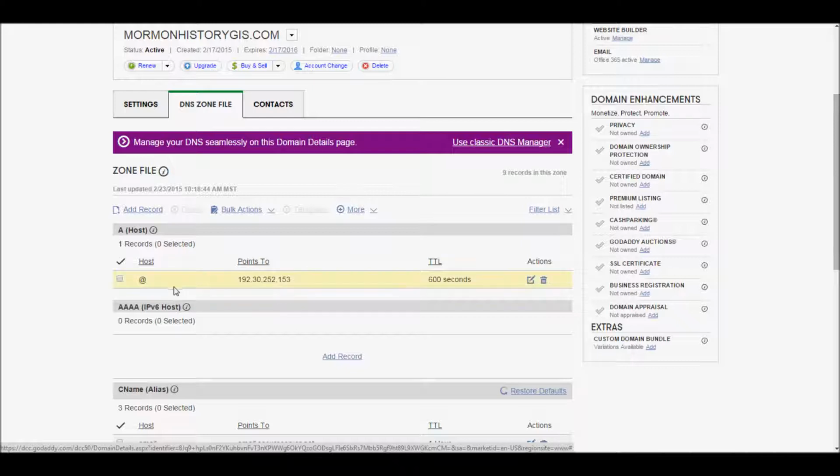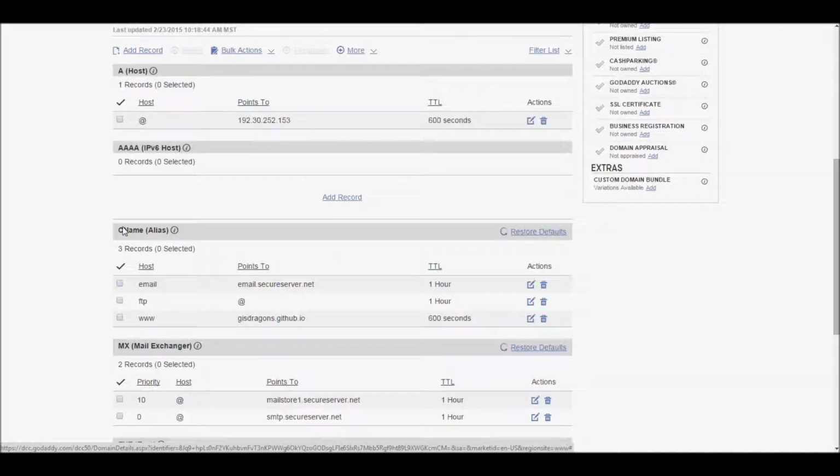Next, we also decided to change the CNAME alias section right here. This is done by changing the www host to your GitHub pages name, which for us was gisdragons.github.io. Now that we've pointed our domain servers at the right hosting place, we needed to set up the GitHub